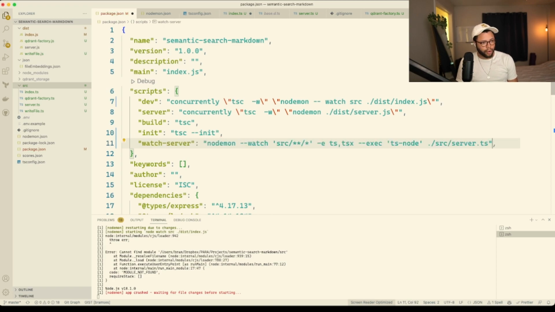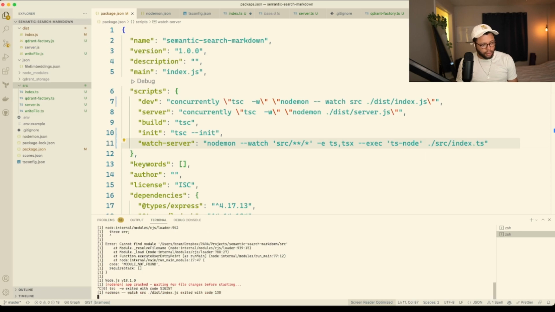This watch server, and then this is going to watch anything in the source directory, and then do tsx exec ts node on index.ts, right? This is what we want. And then I'm going to close this, and I'm going to do npm run watch server,